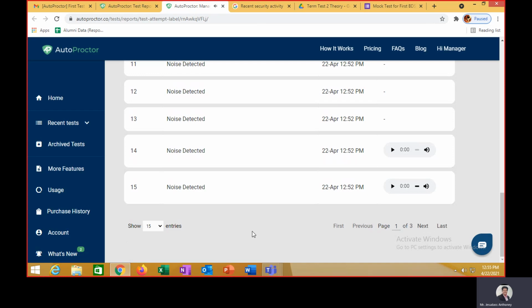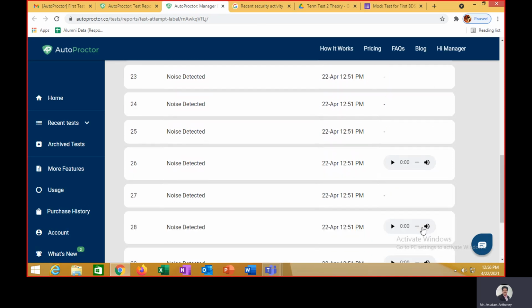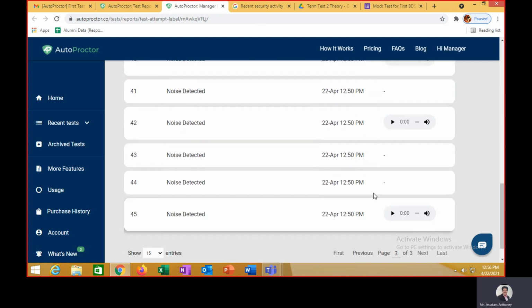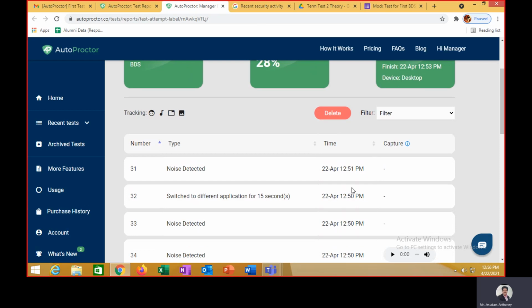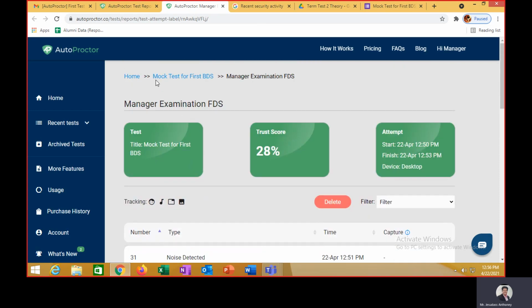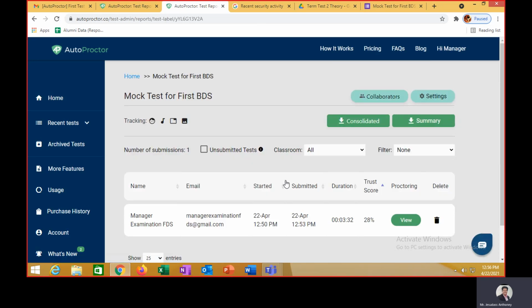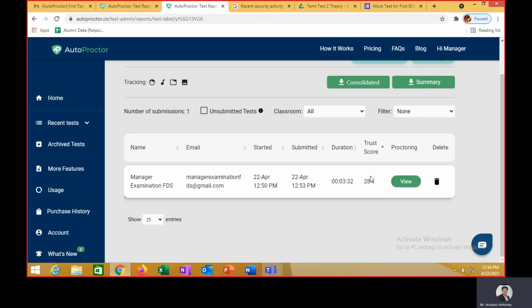If you are really suspicious about the student, if you feel that he is not a genuine student, you can go through these things, whatever he has used. And this is available for each and every assessment, or for each and every student.